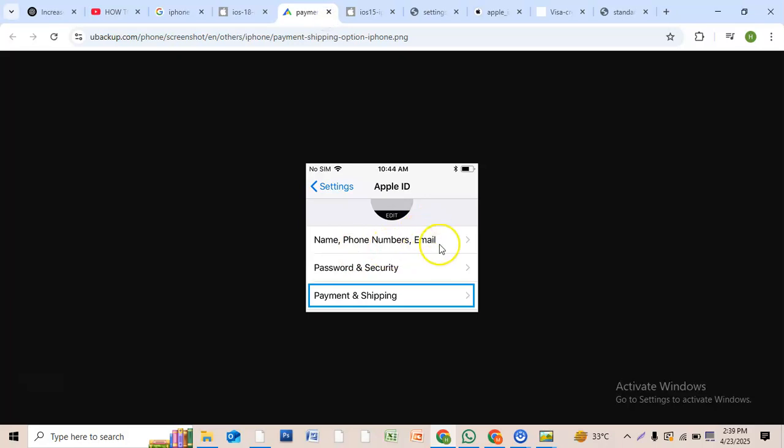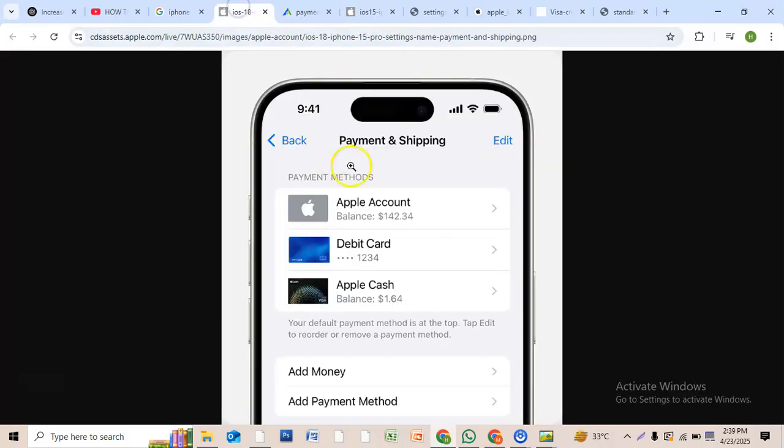Now, here you will see an option, Payment and Shipping. Tap on it. Then in this section you will see your added card. Just click on your card. Then you will see an option, Remove or Delete. Just tap on it and it will be removed from your